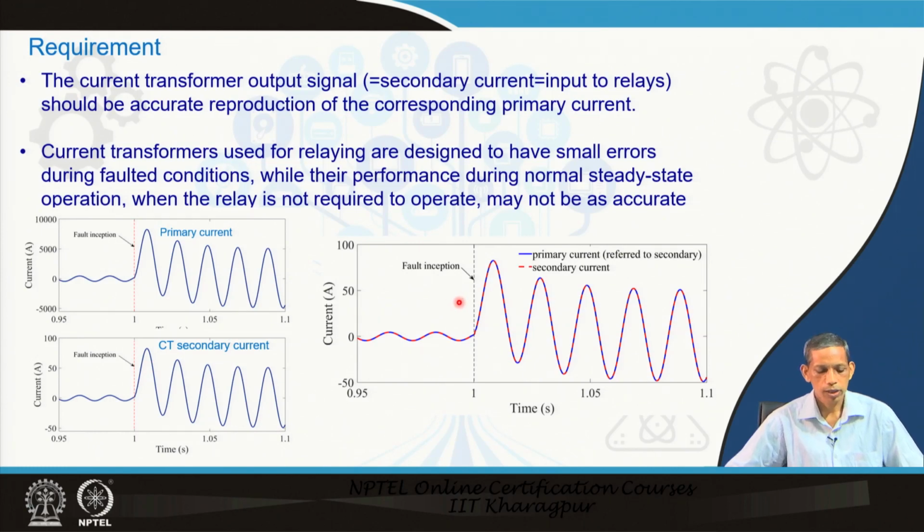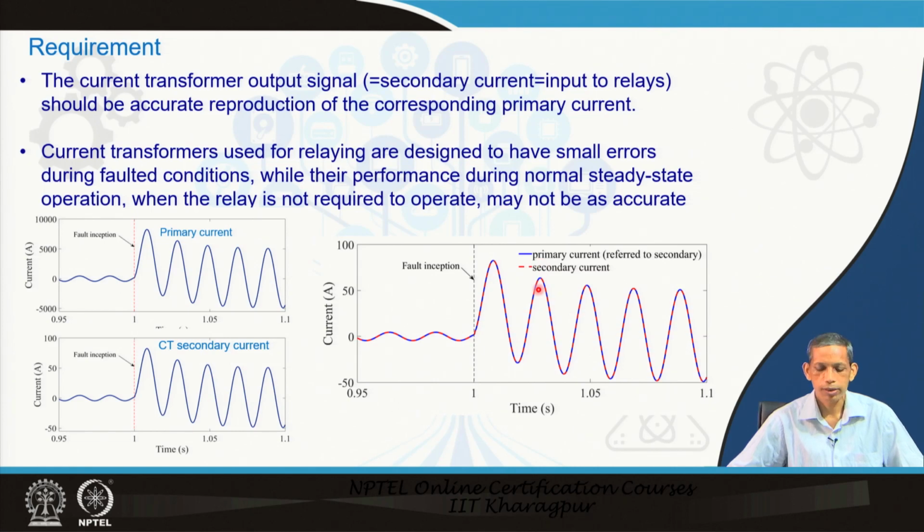So, if we convert the corresponding primary current to the secondary by dividing the primary current by the corresponding turns ratio, and you plot it, you can see that the secondary current is the red one and the primary current is the blue one, and this is exactly matching. So, it means that if this secondary current is fully available to the relay, we simply multiply by the CT ratio and can get the correct value of the primary,